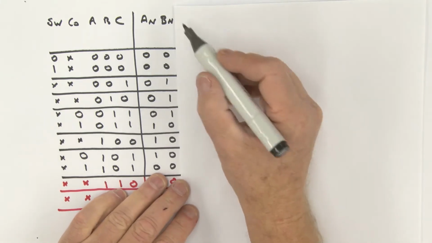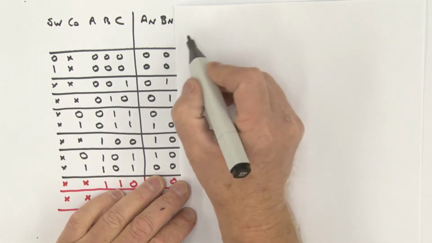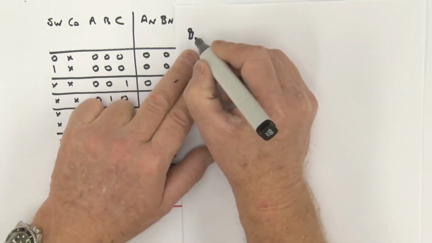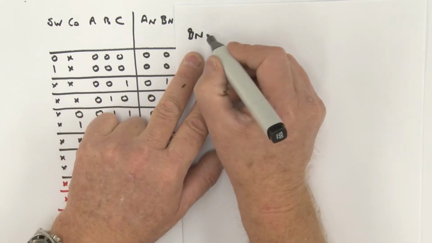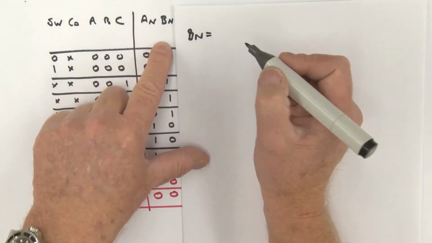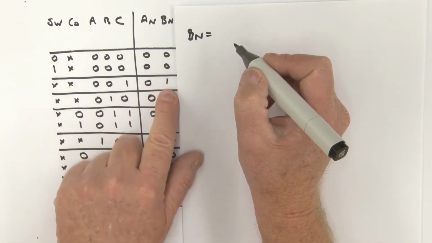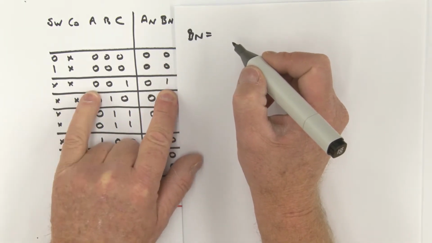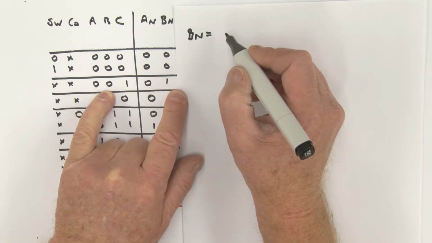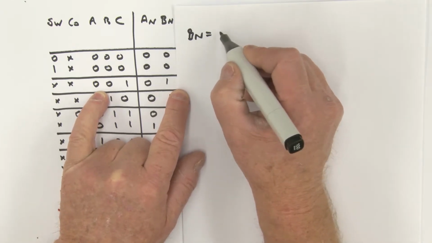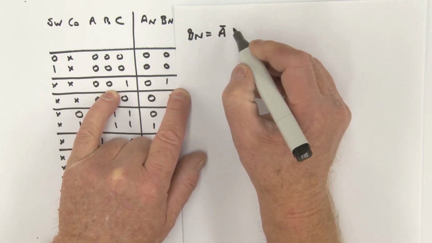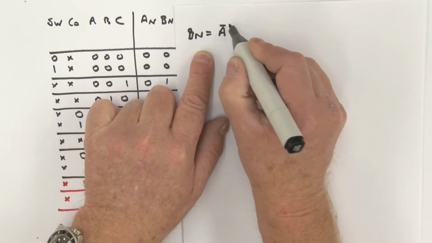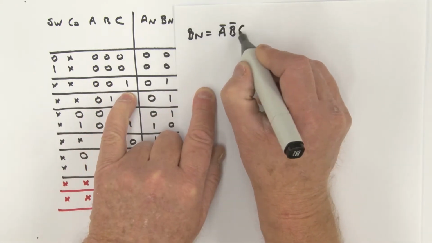Okay, now let's look at Bn. So here's Bn. Bn is equal to... let's come on down and see what we've got. First product term is right here, isn't it? Let's read it off. That's going to be A bar, B bar, and C. Or,